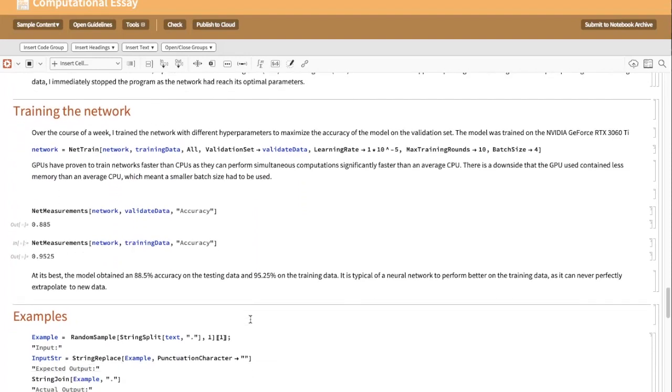So I did train this network on a GPU. One of my friends at camp actually offered to train it. Originally, I was trying to train it on my laptop, which does not have GPU training enabled, which is kind of unfortunate. I was spending essentially entire days while my model was being trained, and a couple of times I had to miss a few hours of camp because my laptop was overheating. But one of my friends had a really powerful RTX 3060 Ti GPU, and that was really nice because the training time shortened from 20 hours to 2 hours.